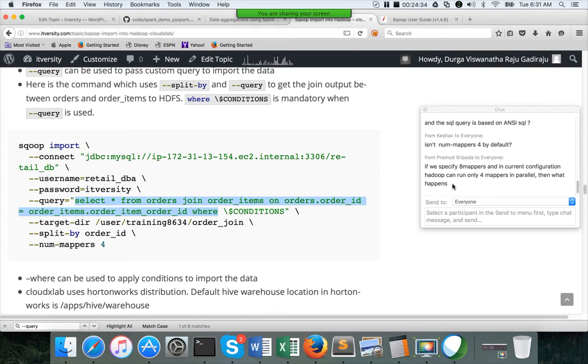And this is not a correct question. If we specify 8 mappers, and the current configuration of Hadoop can run only 4 mappers in parallel, then what happens? Okay, I understand your question. If you specify 8 mappers and the capacity of the cluster is only 4,